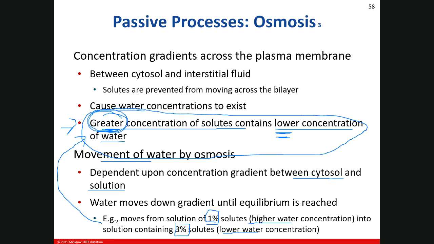So for this example here, we've got 1% solutes on this side of our membrane, and then we've got 3% on the other side. So this is for solutes. I'll put SOL. So which side, you can say left or right, has